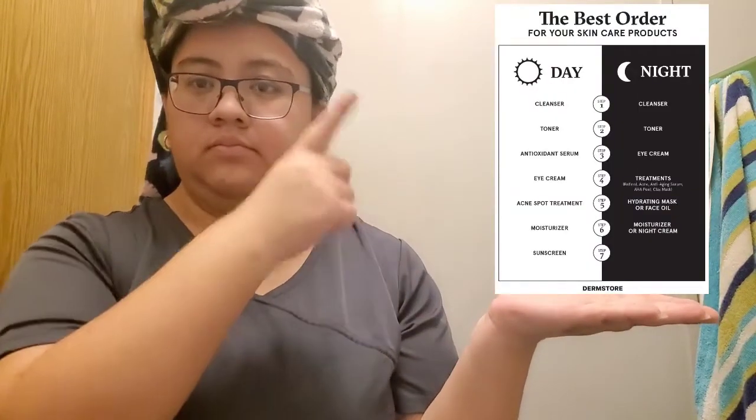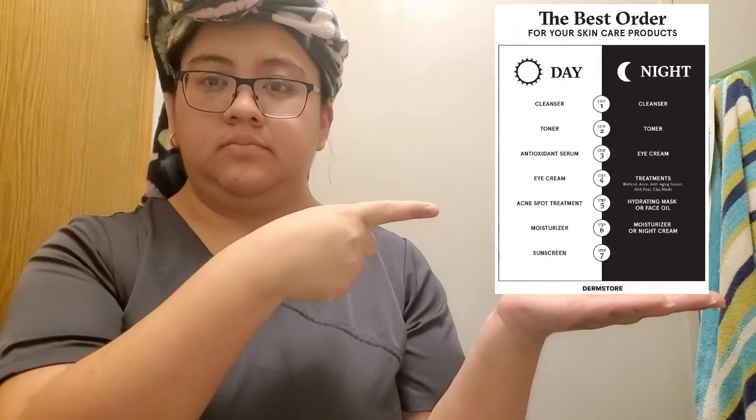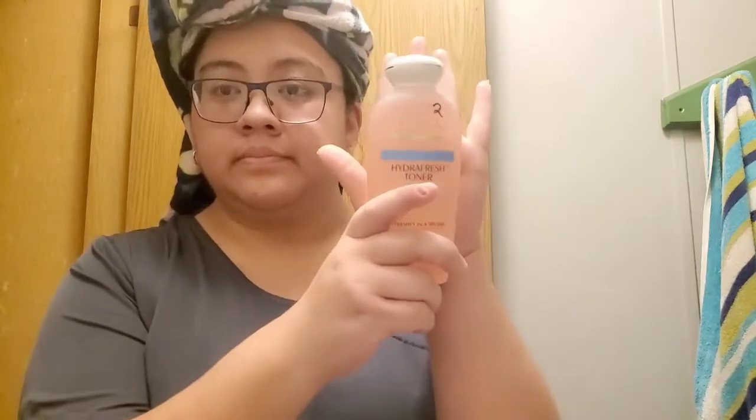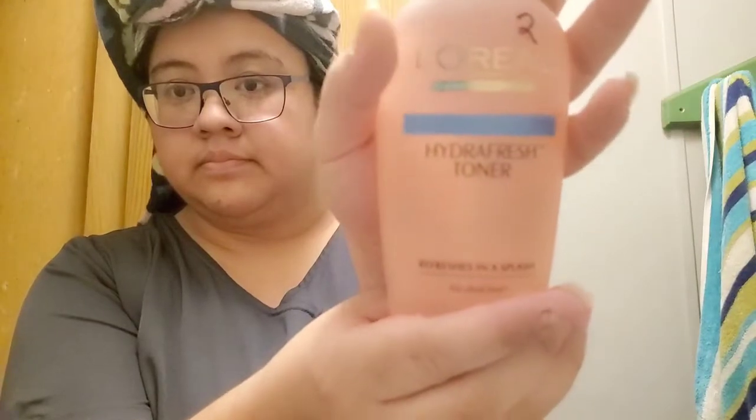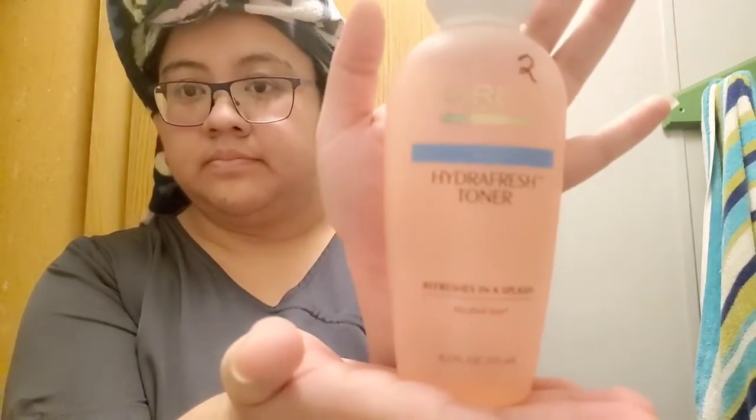Okay, we're going to go on to step 2, and the way I do my skincare is actually something I found online. It gives you all the steps from day and night and exactly what you're supposed to be doing. So the toner I have is by L'Oreal, which is a makeup skincare drugstore brand. They're really, really popular. I got this at Walmart. And with the toner, we're just going to moisten a cotton ball and put it all over your face. Once you put toner all over your face, you want to let it dry for a little bit